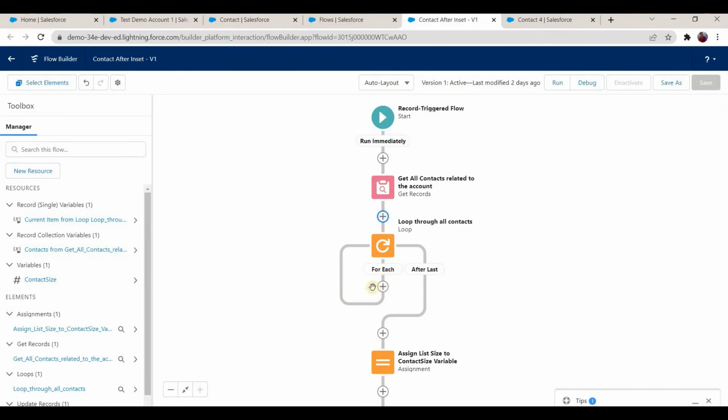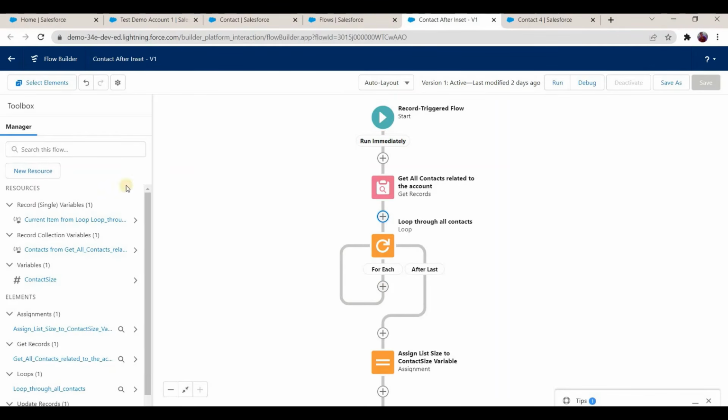So it is looping through, and for each, if you want to do your logic, you can do this here for each of them, and it will loop like this until the last element. So let's say you have 3 contacts, it will loop thrice, and then it will go to the next step. If you don't write the logic, it will loop 3 times without running any logic, and then it will come out of it. Okay. So in this loop, we need to write a logic, or we need to do an assignment